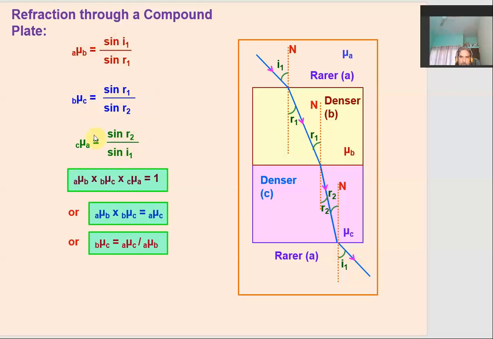If we multiply these, we will get 1, because sine I1 will cancel out with this I1, sine of angle R1 will cancel out with this one, and sine of angle R2 will cancel out with this, and hence we can say that the product of all these three refractive indices will be equal to 1,